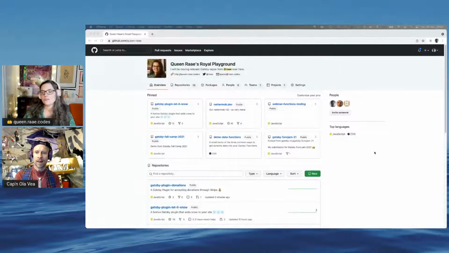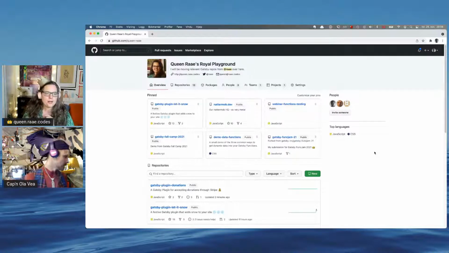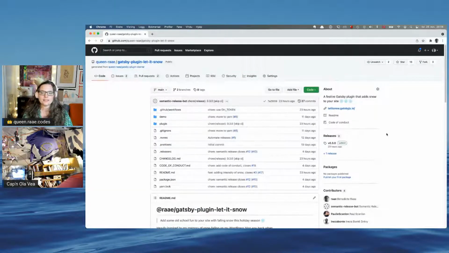So I don't know what's going wrong, because with the donations I've been trying a new approach where I created the next branch instead of working on the main branch, and so on. But if you go and have a look at Gatsby plugin Let It Snow. So last night,